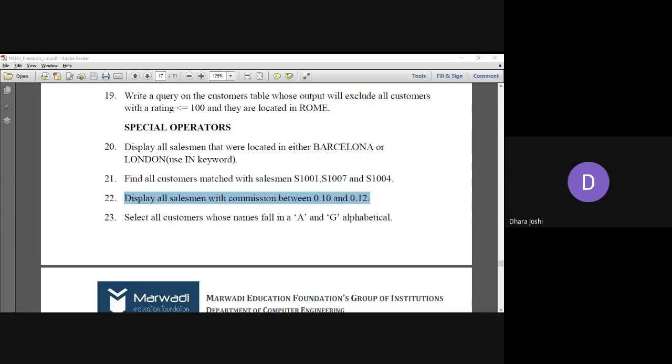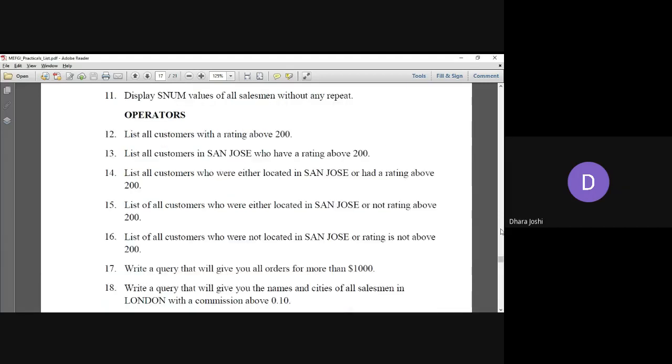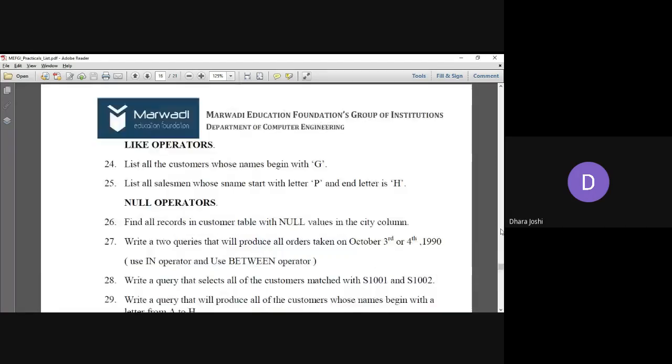Select all customers whose names fall between capital A and capital G alphabetically. Okay. What does it mean? We'll refer to the customer table for this.